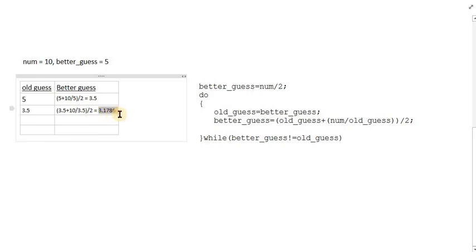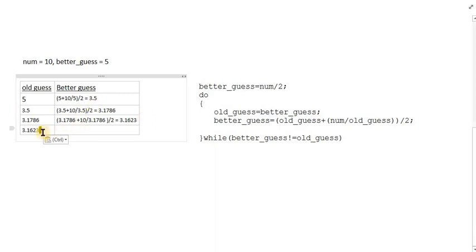Since 3.5 and 3.1786 are not equal, I need to continue this process again: 3.1786 plus 10 divided by 3.1786, whole divided by 2, which equals 3.1623. Since the better guess is not equal to the old guess, we need to repeat this process again.